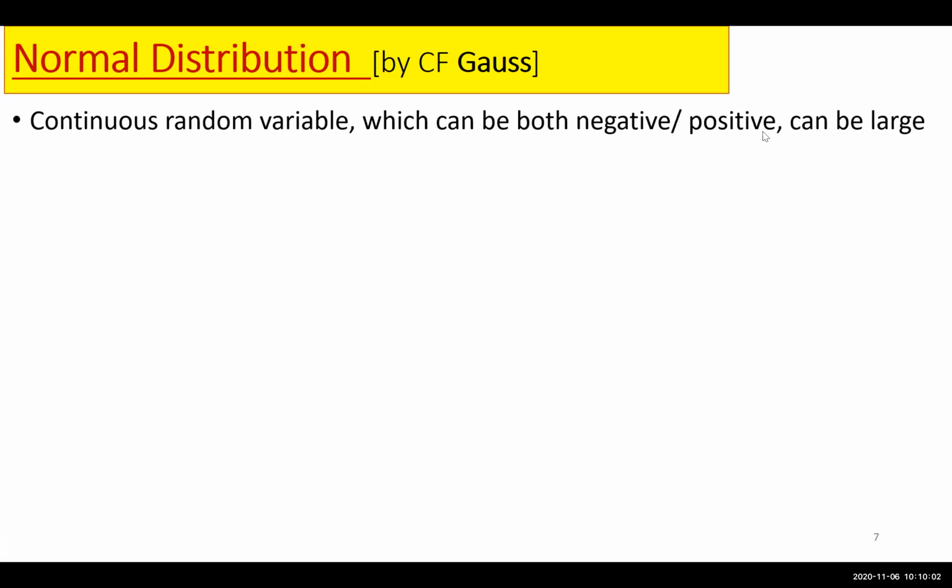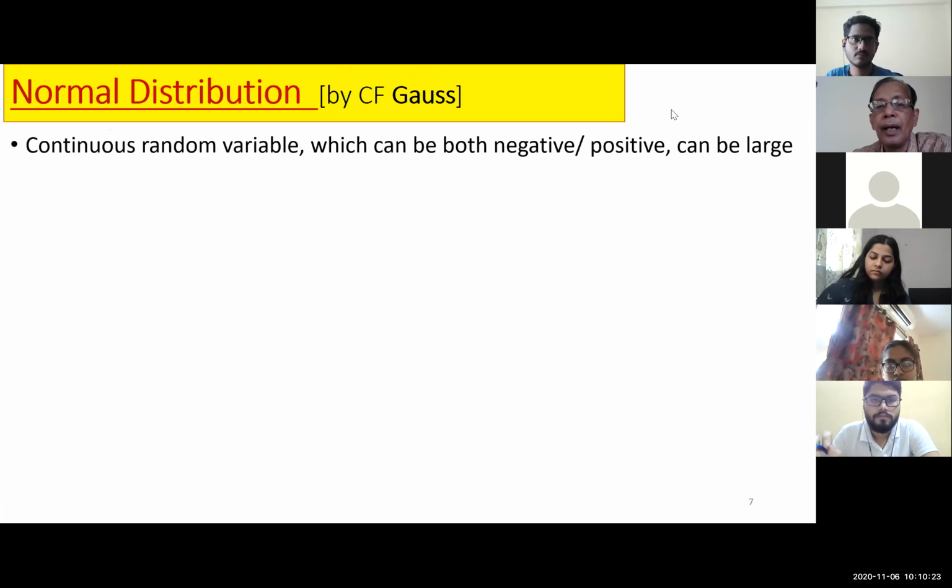And please remember the distinguishing feature, the contrast when you're differentiating from binomial to normal. In binomial, we had only whole numbers and it was only positive numbers. Please all of you remember, here in normal distribution, the values can be negative, and as it is continuous, it can be